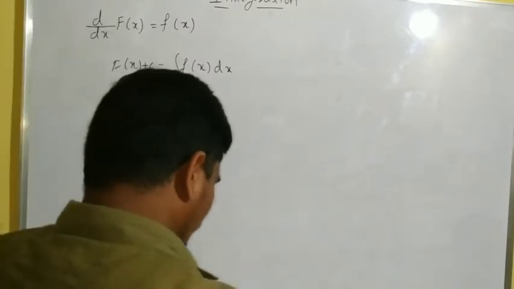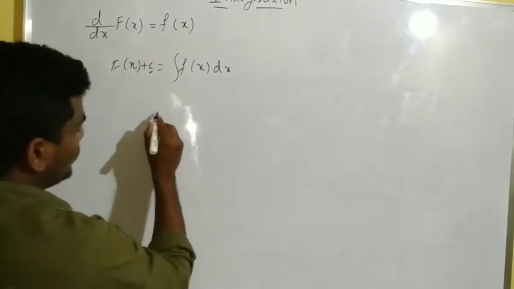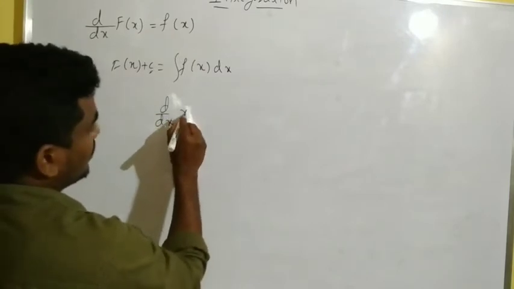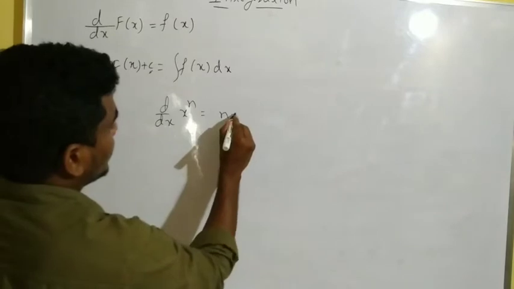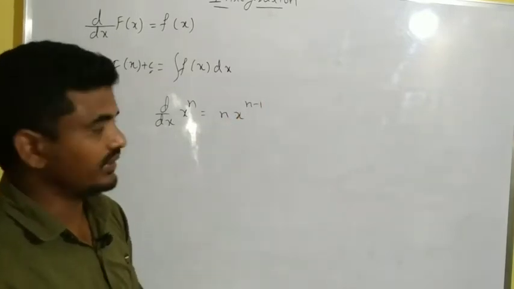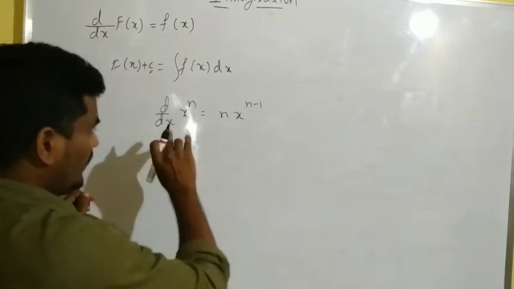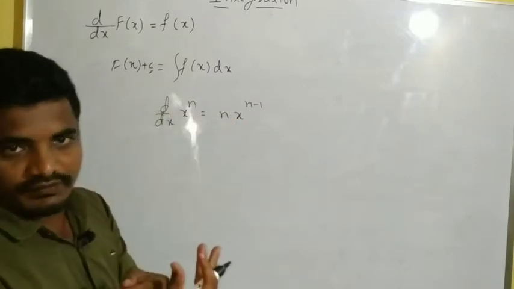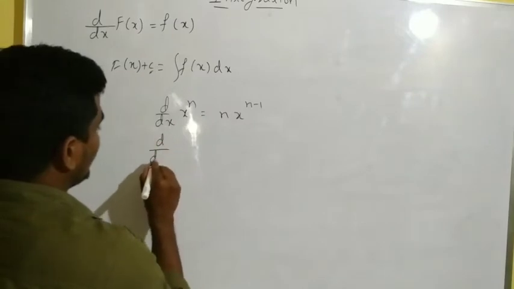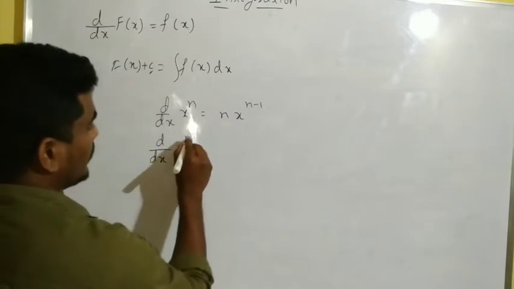Before that, we know very well the standard functions like d by dx of x to the power of n equals n into x to the power of n minus 1. It is the derivative of x to the power of n. When I take n plus 1, what happens here? d by dx of x to the power of n plus 1,